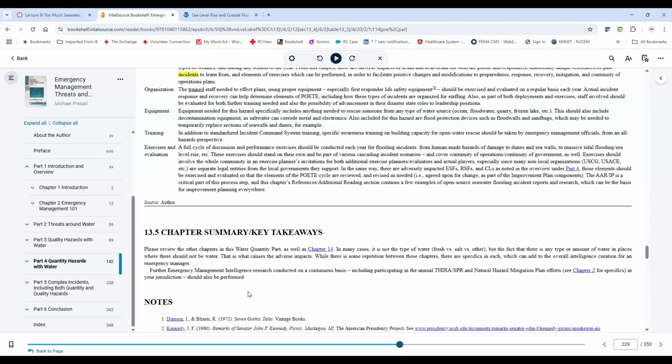So here's our chapter key summaries. So this is the water stuff here. What you have, you should take a look at the prior one if you haven't already to sort of round out the chapters. And then next week we will certainly cover part 5, which is the complex ones. But looking at your own threat assessment and summary performance reporting, and then how your jurisdiction looks at natural hazards in terms of hazard mitigation planning.